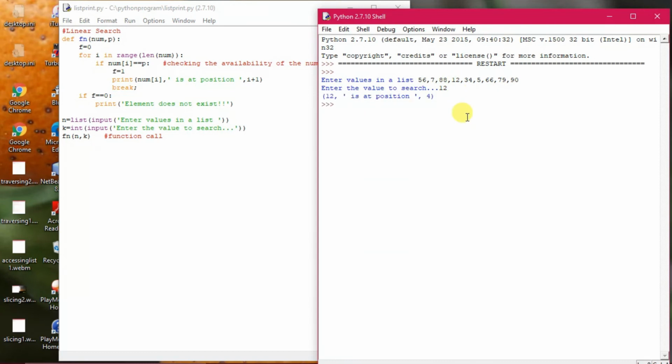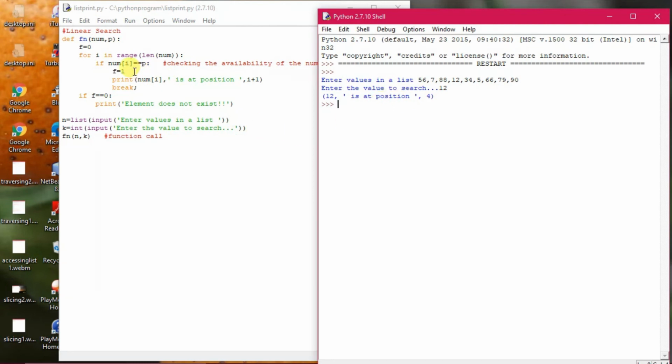It shows fourth because the user will count this way: 1, 2, 3, 4. So you will say yes, fine, I'm satisfied. But if it were showing 3, the programmer knows that it is correct, 0, 1, 2, 3, but the user may be confused. That's why i plus 1 has been taken. The programmer is counting from 0, and while printing, the programmer gives i plus 1, so the user should not be confused. All right, that is this program.